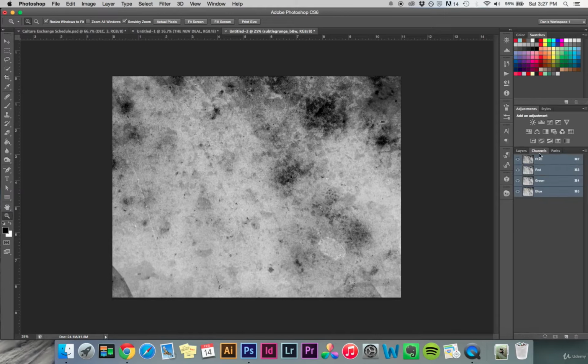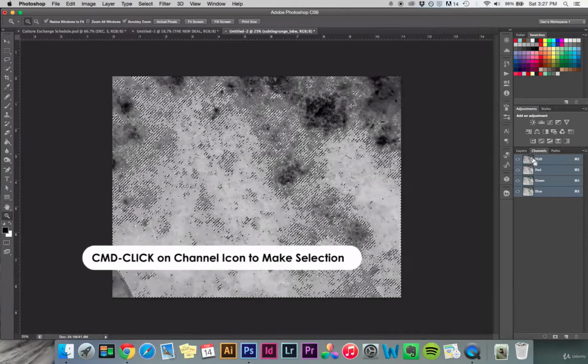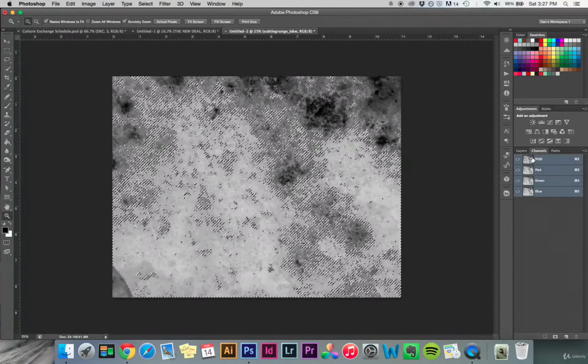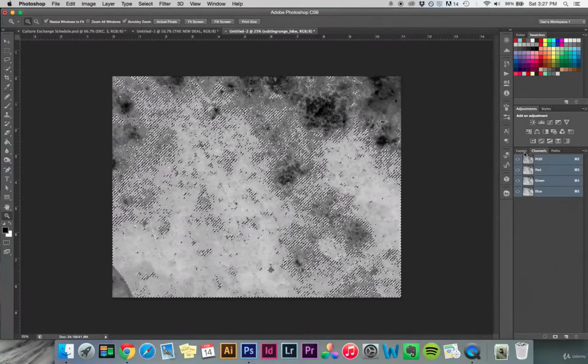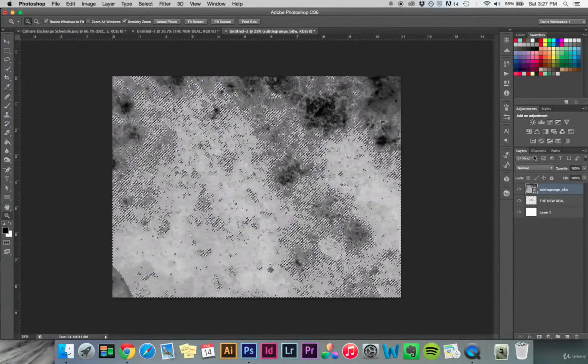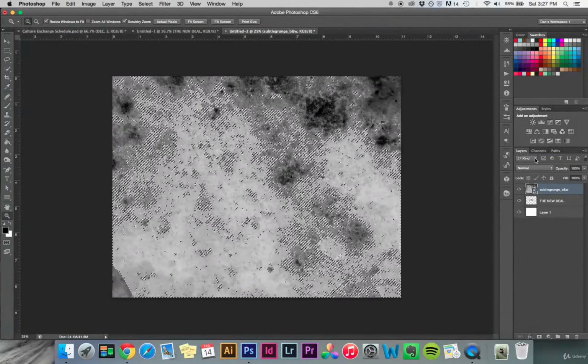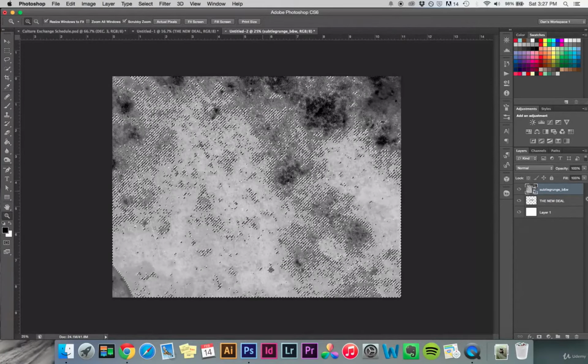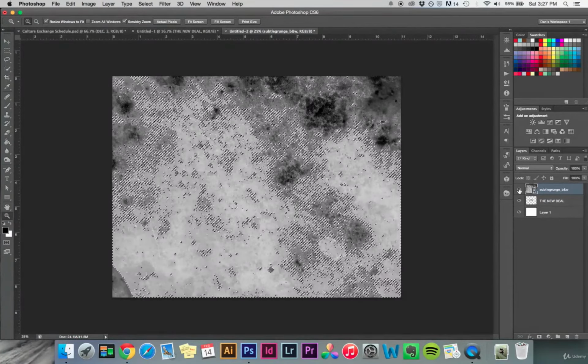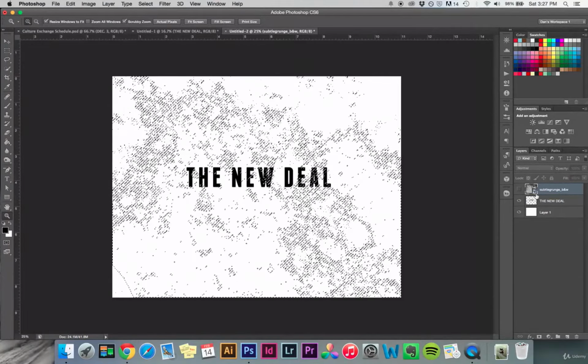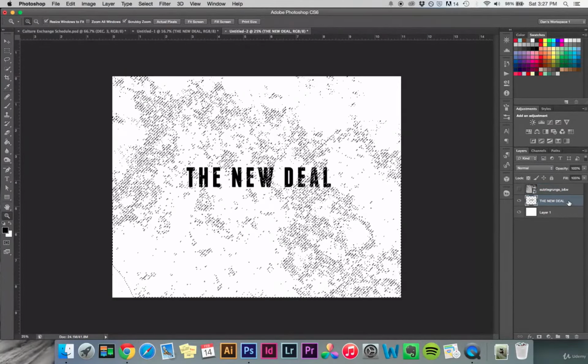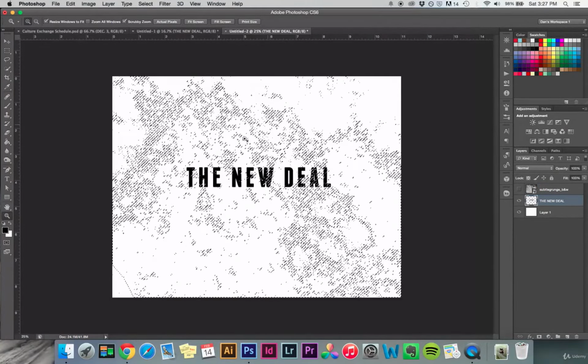In our channels panel, we will see our red, green, and blue values, and command click on RGB right there in order to select the RGB values within that image. Now we can go back to our layers panel, and we see that we still have this selection here. I can make our texture layer invisible, go down to our type layer, keeping that selection,